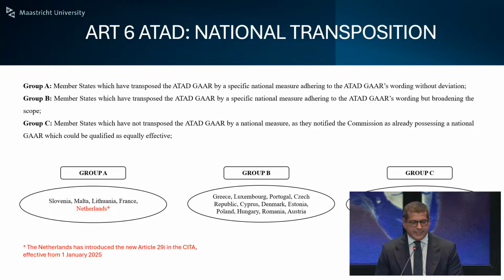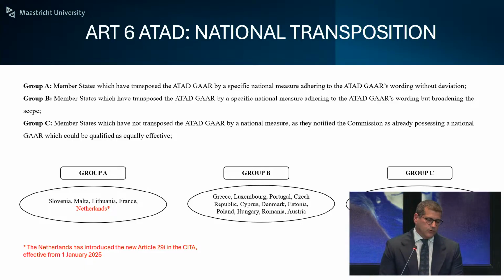The last group includes the member states which didn't transpose the directive through a specific legislative act, but notified the Commission that they already had in place an equivalent rule, either in the form of judicial doctrine or in the form of statutory norm. The Netherlands is in red because at the time of finalization of this thesis, the Netherlands